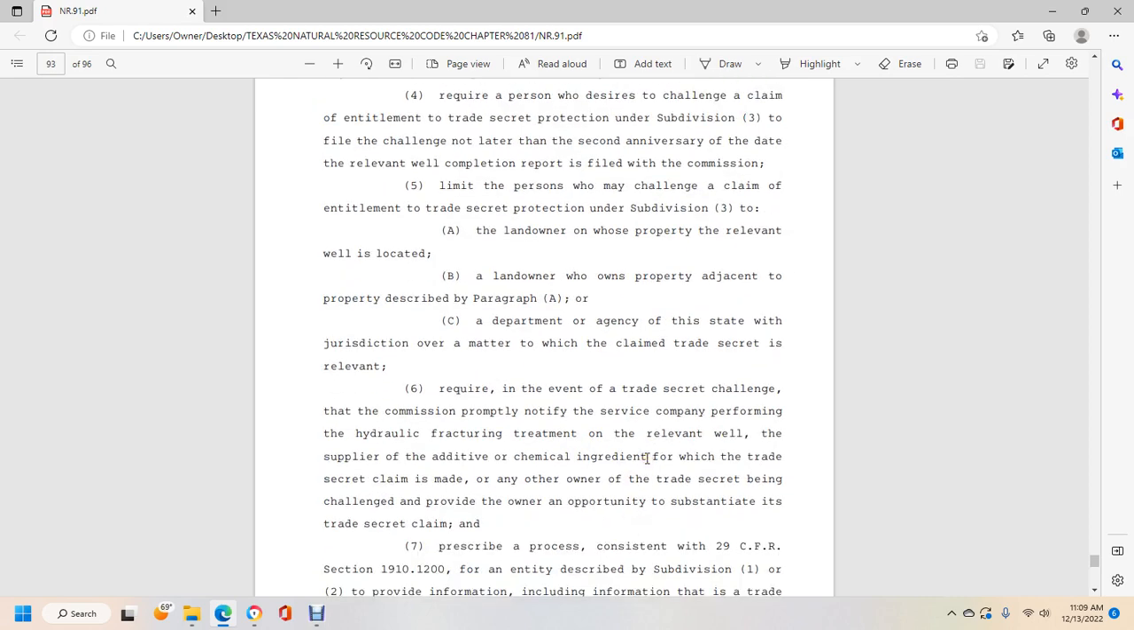6. In the event of the trade secret, the commission of the property notified the company performing the hydraulic fracturing treatment of the relevant well with the supply of the additive of the chemical ingredient for which the trade secret is claimed. Any other owner of the trade secret at the beginning with the challenge,